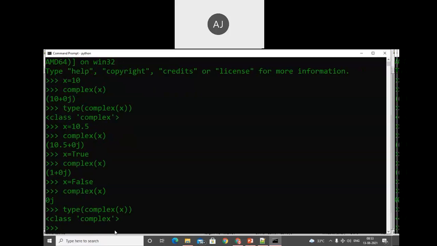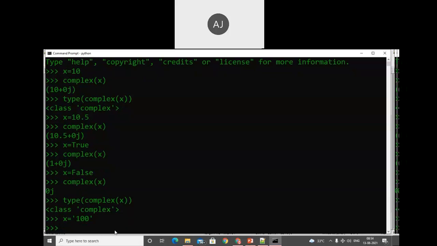And the last type is called string. Okay, so let's store a string. We can store a string by using single quotes or double quotes. We already did that operation. We will check that. So x is equal to, assume that here I am trying to set '100'. Okay, so that information will be stored in x, and now I am trying to convert it into a complex number.